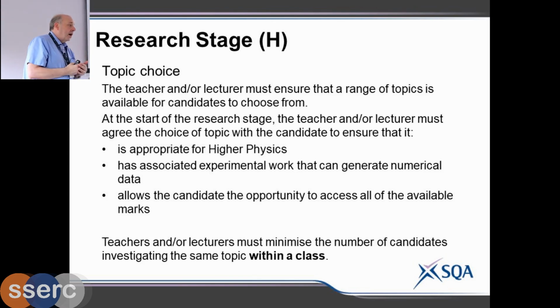Okay. Now you might say to me, yeah, but they end up in packets of 10 which go off to a marker, and by fluke they might get 9 that are all doing Ohm's law because they come from different classes. That's okay, the marker would still raise it with us, but I actually spent 2 solid days this year